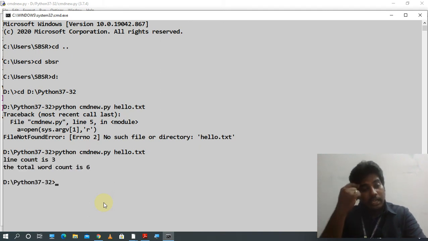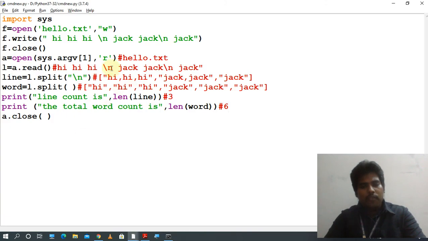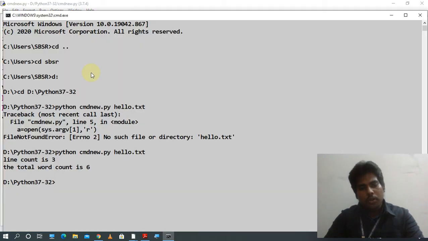Line count is 3 and the word count is 6. Only after executing from the command does argv of 1 understand this is hello.txt. All of you got it? Before executing that, it doesn't know what is present at index 1. Through this command line, I am passing the input. So argv of 1 is hello.txt.